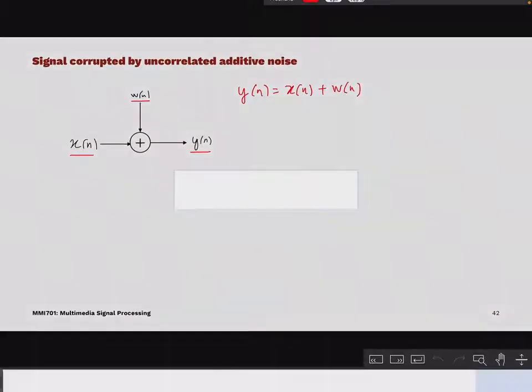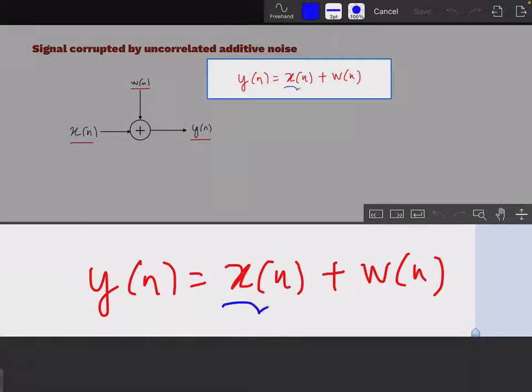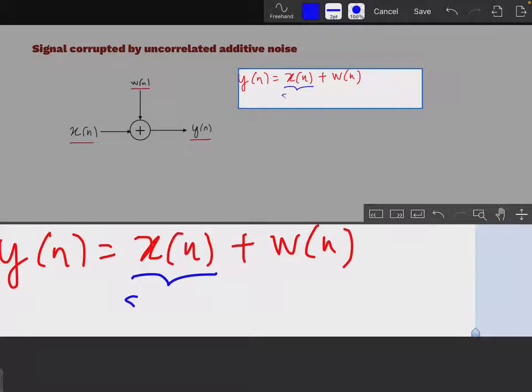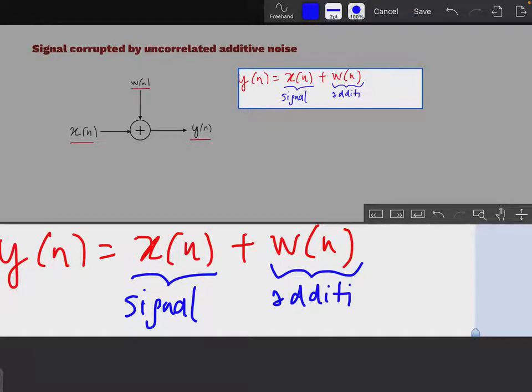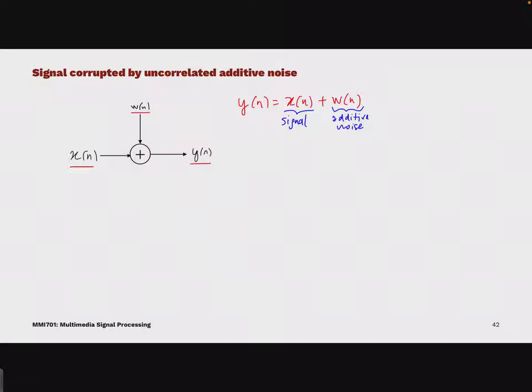Here, X of n is the signal. Typically, it's going to be the signal of interest that we want to, say, denoise or obtain back, and W of n is the additive noise. Okay, so this is our signal, and if you look at the